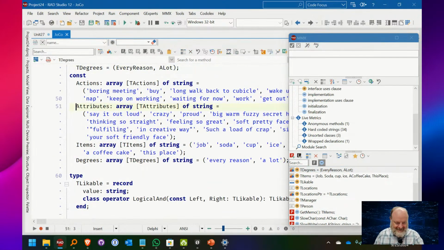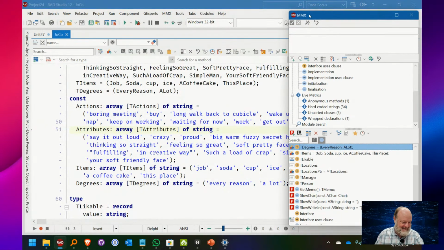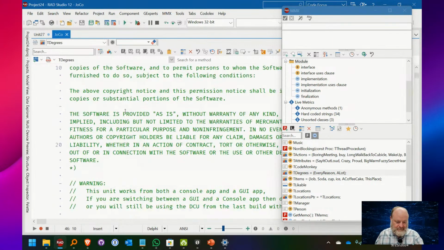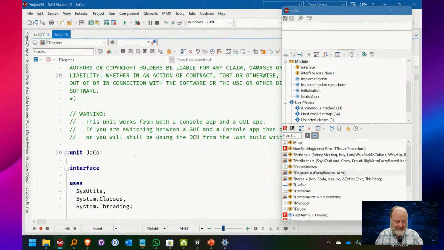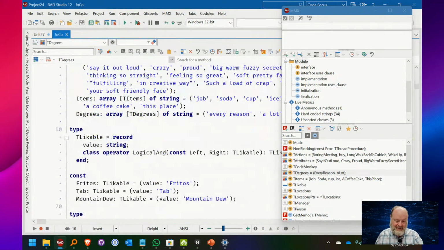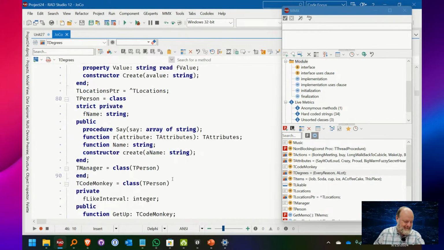Oh, this is my CodeMonkey code that's open now. I was going to update this, and I just haven't got around to it yet. If you haven't seen my CodeMonkey video, this is the behind-the-scenes code that makes the lyrics to the song syntactically correct code.